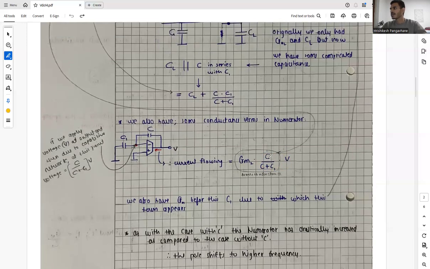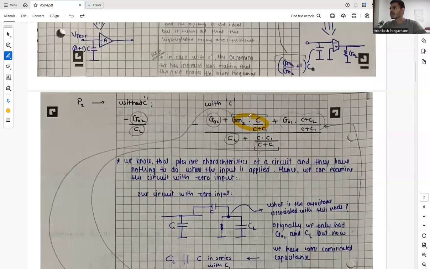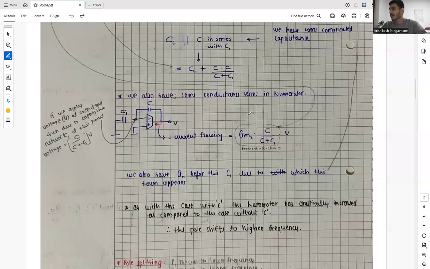And when we look at our numerator term, this is the same transconductance which is getting added in the numerator. And we also have GO1 before this